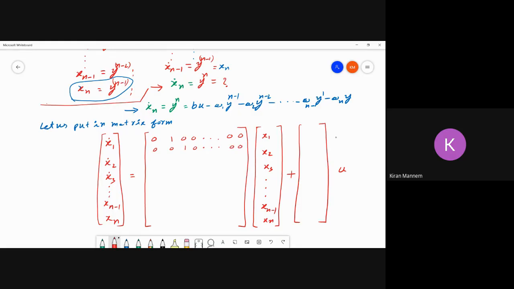So if you multiply them, you will get x dot 1 is equal to x2, x2 dot is equal to x3, right? So similarly 0, 0, 0, 1, 3 dots and all zeros, right? So I'll put here